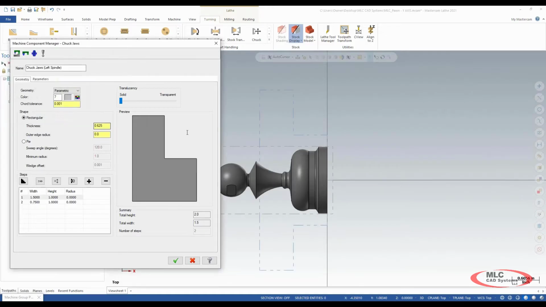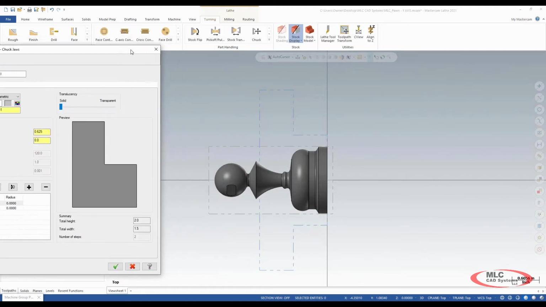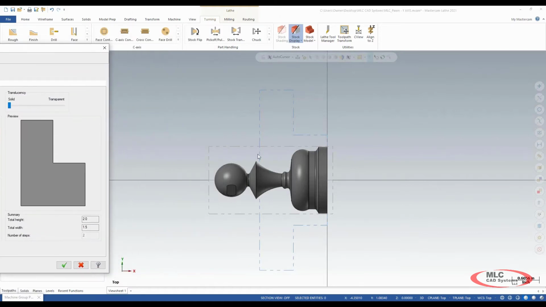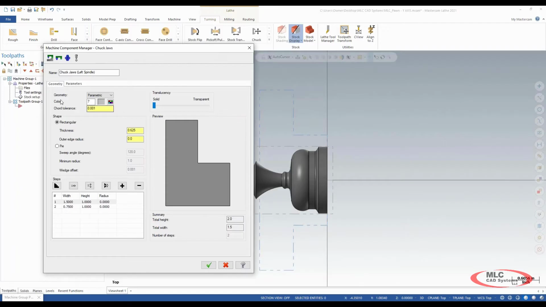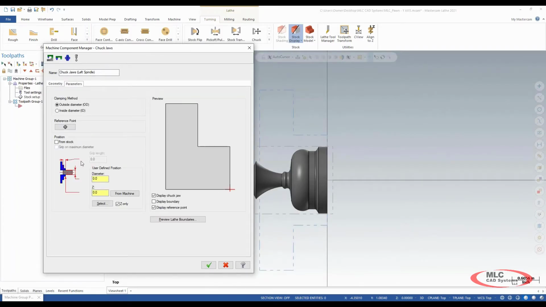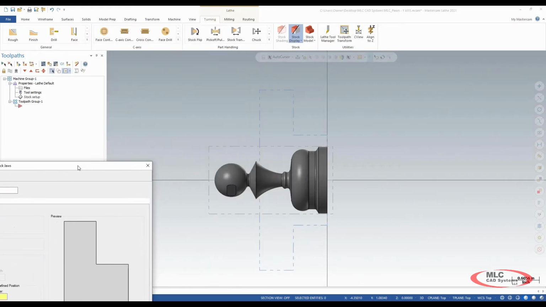If I say OK to that, and you notice we have a preview over here of our jaws. And inside of our graphics window, you can see the jaws that we created as well. So there's a constant update whenever you're creating anything inside of Mastercam that allows you to visually see what's going on. Under our parameters, I'm going to go ahead and set my jaws where I want them to be on